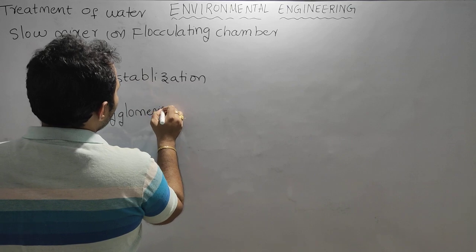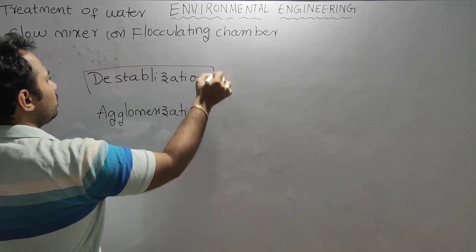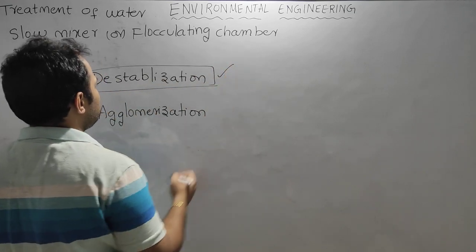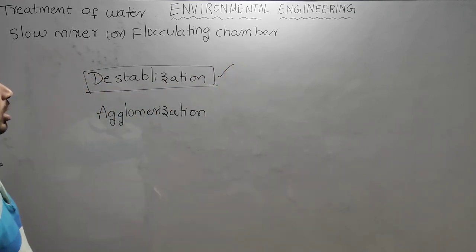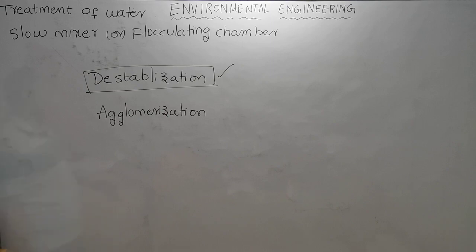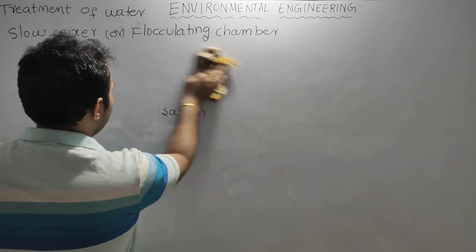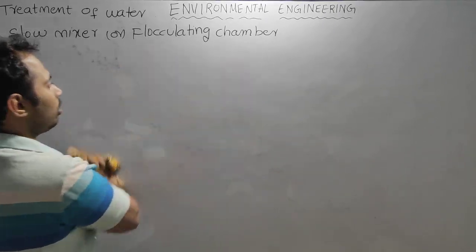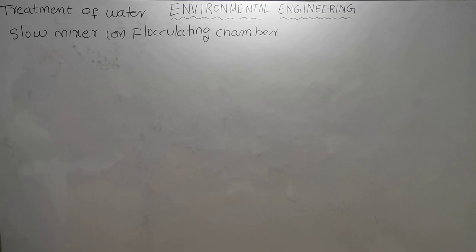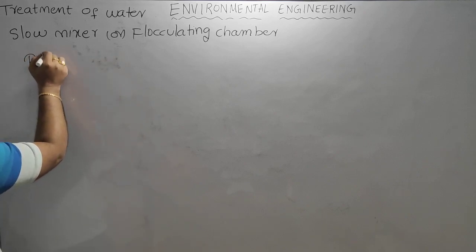So in the first process of rapid mixing, destabilization will take place. Now in this slow mixing, agglomerization, so bringing those neutrally charged particles together is nothing but agglomerization. That will happen here with the help of the flock. So the rate of flocculation depends on